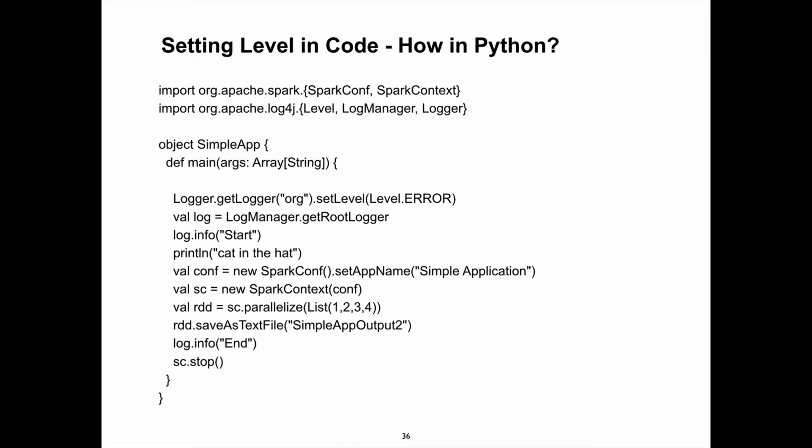But the hard part is when I get my logger, I say set level, and what level do I set it? Well, there's a constant that you call, level.air, but level is a Java class, and so now we need to access that Java class from inside of Python.